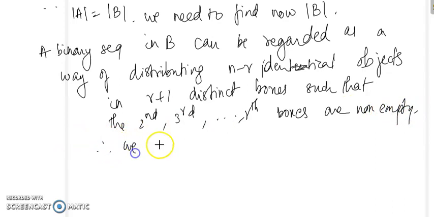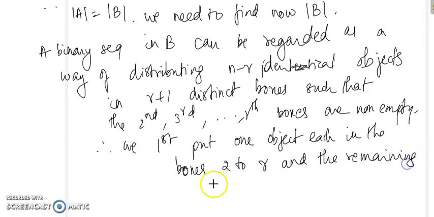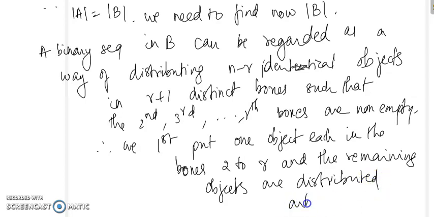So therefore we first put one object each in the boxes. The boxes that need to be non-empty are all boxes 2 to r, and the remaining objects are distributed arbitrarily. So the remaining objects we need to distribute arbitrarily. Since the objects are identical, placing them in the in-between boxes can be done in only a single way. So the remaining n minus r minus r minus 1